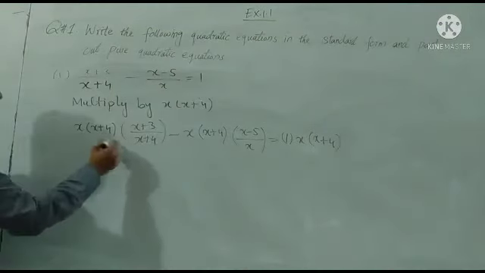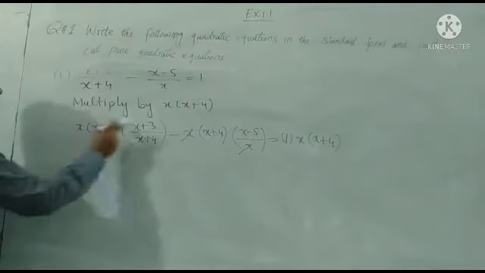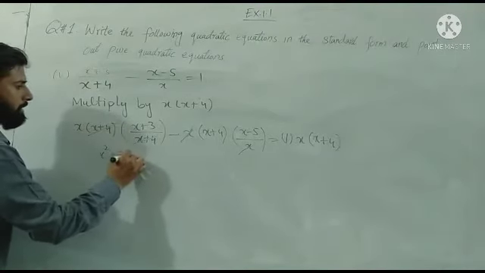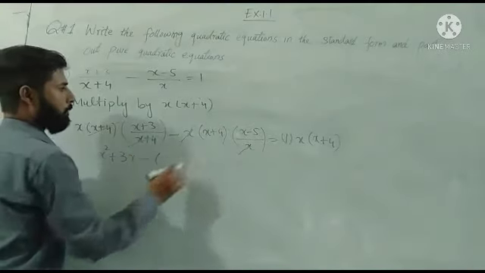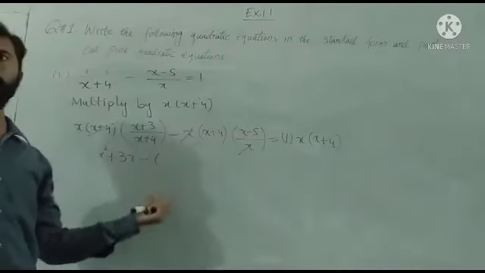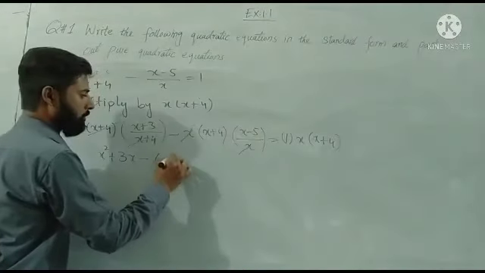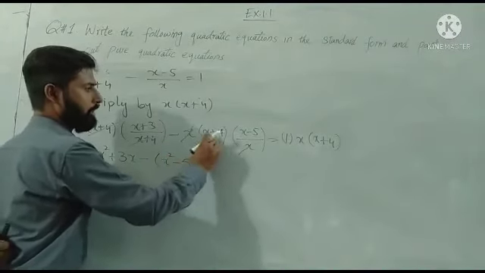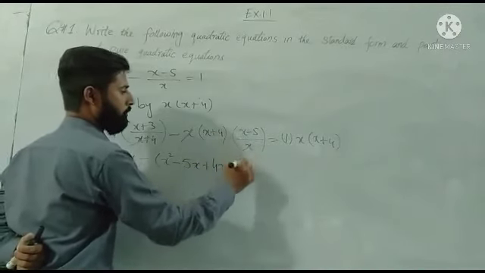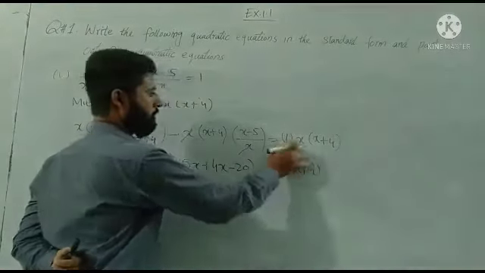Now x plus 4 will be cancelled with x plus 4 and x will cancel with x. This x will multiply with both the values, x multiplied by x square plus 3x minus, here we have to multiply them. In the previous questions both were the same, so we made the square of the whole, but here the values are different. So I multiply this x with both, it will become x square minus 5x. This plus 4 will multiply, so it will become 4x plus minus minus 4 5s are 20 is equal to x into x plus 4. 1 multiplied by x, that is x.